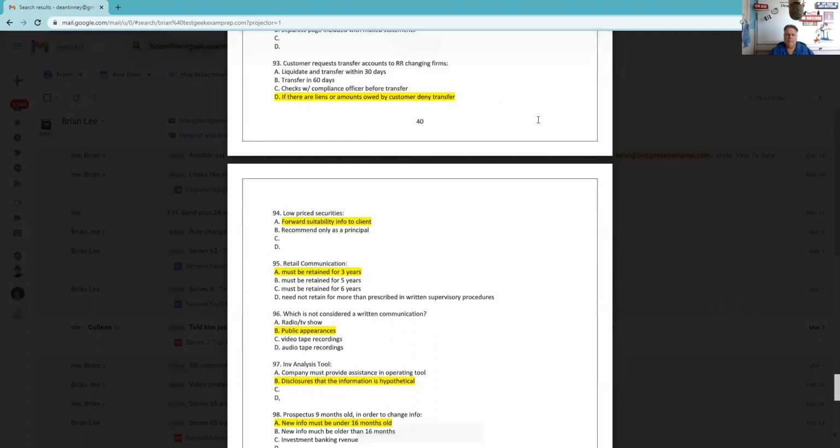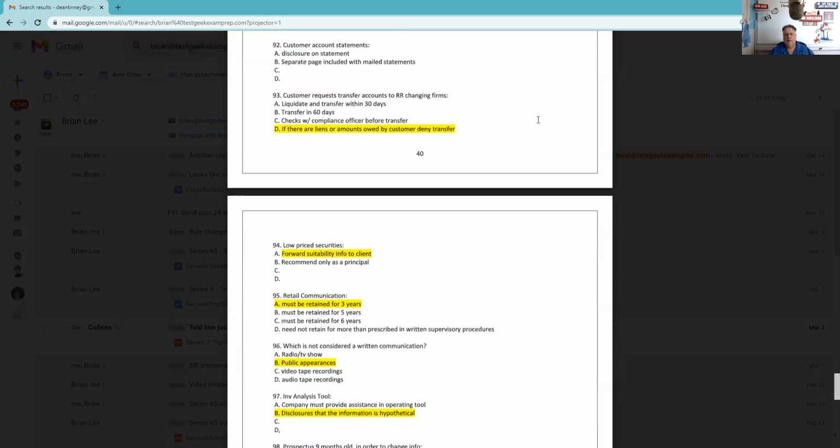$5. 93, customers request transfer accounts to RR changing firms. Liquidating transfer within 30 days, transfer in 60 days, checks with compliance, liens. By the way, what D means is the customer owes us money. So if there are liens or amounts owed by the customer, we can deny the transfer. It means they owe us